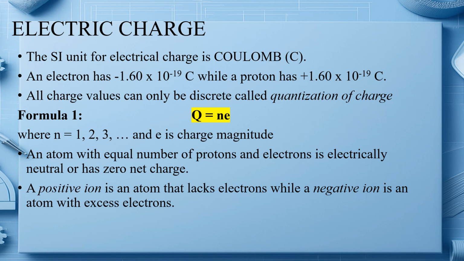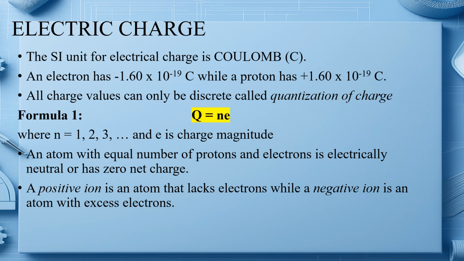An electron has negative 1.6 times 10 raised to negative 19 coulomb, while a proton has the same magnitude but positive charge. So the formula for charge is Q equals Ne, where e is the charge magnitude and N is the number of electrons or protons. An atom with an equal number of protons and electrons is electrically neutral,